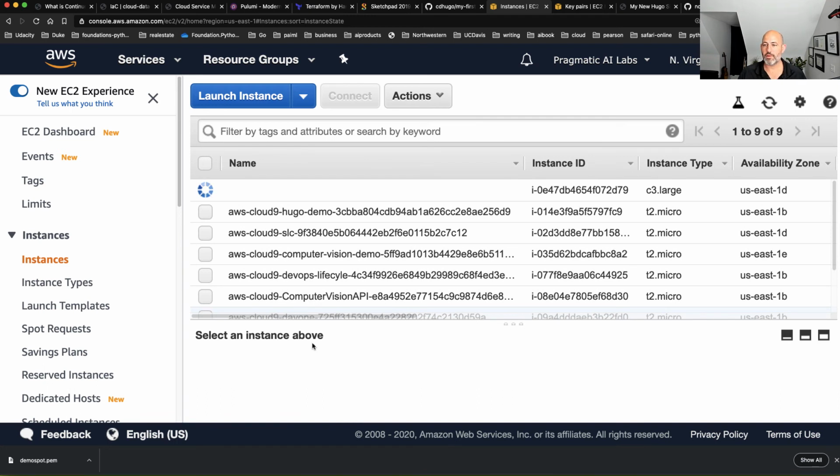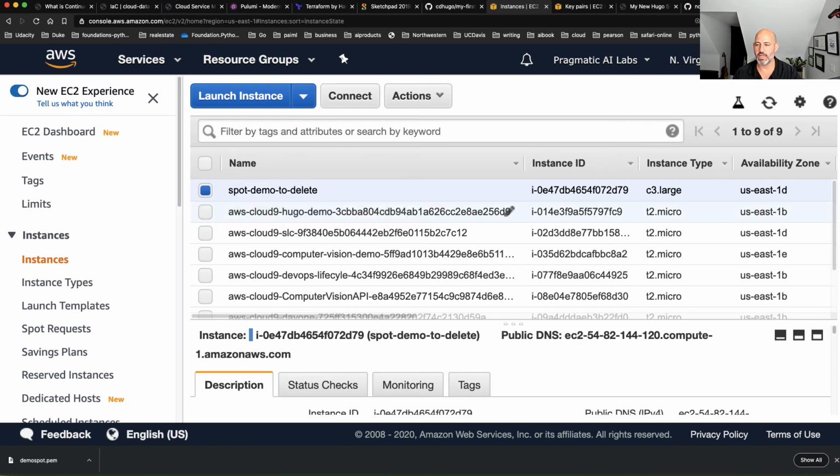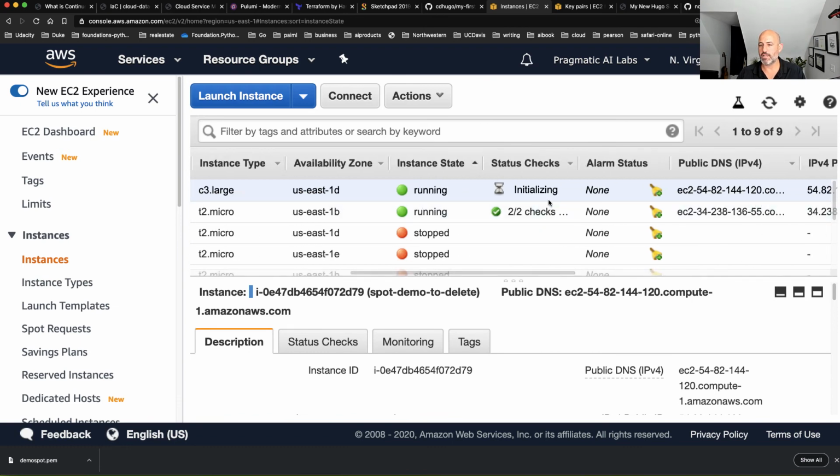And this machine, I like to label it when I create one of these things, and I'll just call this spot demo to delete, right? Just so I know that this is a machine I would later want to delete. And you can just hang out here and take a look at it. It takes maybe a couple minutes to get this initialized.